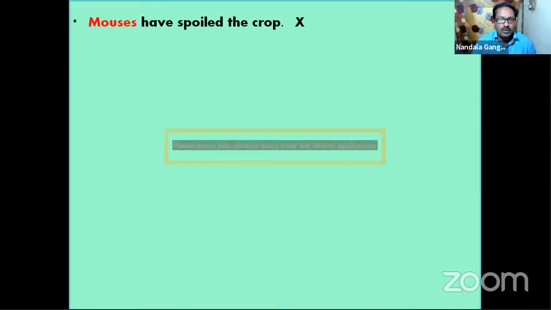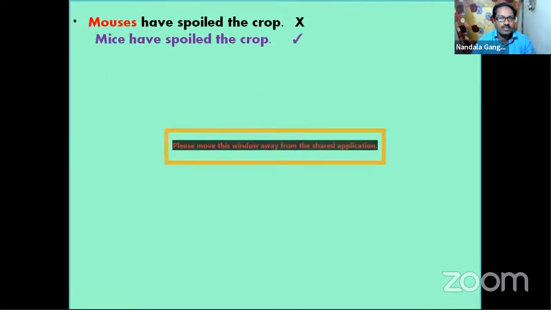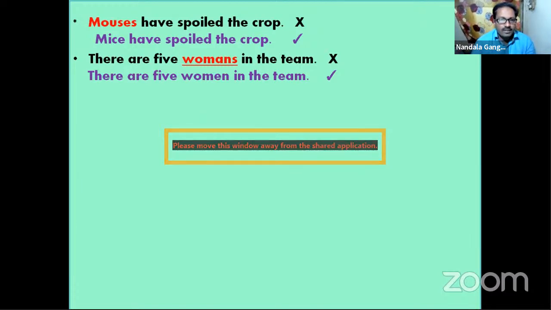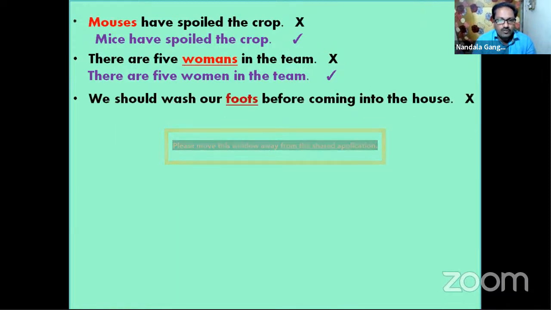You never say mouses have spoiled the crop. You never say mouses. What is the plural form of mouse? Mice. Mice have spoiled the crop. There are 5 women in the team. There is no plural form like women's. We have to use only women. There are 5 women in the team. We should wash our foods before coming into the